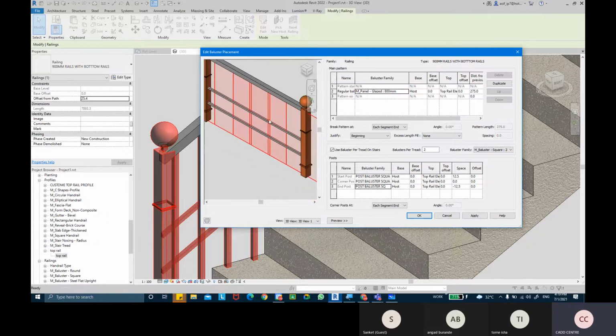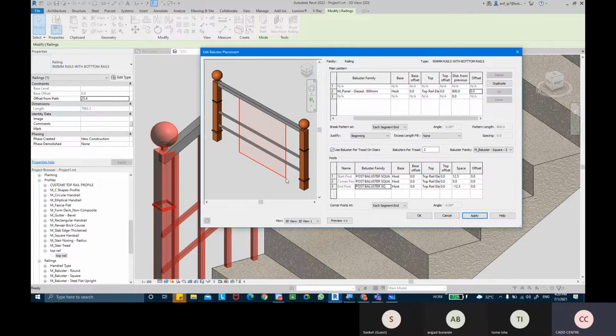But you can see it overlaps over here. That's because we haven't provided a distance between each glass. The glass width is 800, and I've put the distance from the previous as 275, so it is overlapping. So the glass is 800 mm but I have kept the distance from the previous at 275 here, that's why it is overlapping. So you might have to increase the distance from the previous so that the panel doesn't overlap. Maybe if I give 800 mm only from the previous each time, then I can see it comes out a little better.